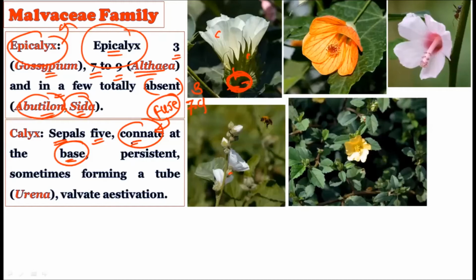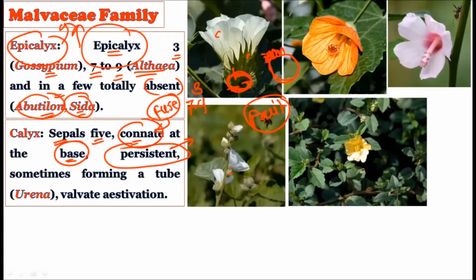This is also a very unique characteristic feature of the Malvaceae family. Till now we have seen the caducous type of calyx, but the persistent type of calyx is there in the Malvaceae family. Persistent literally means the calyx is present till the formation of the fruit. See, this is the Gossypium flower, and once it is converted into the ball-like fruit, there is still a calyx at the base of the fruit. The calyx will not fall off till the formation of the fruit, and this is considered a persistent type of calyx. Persistent literally means the one which stays.